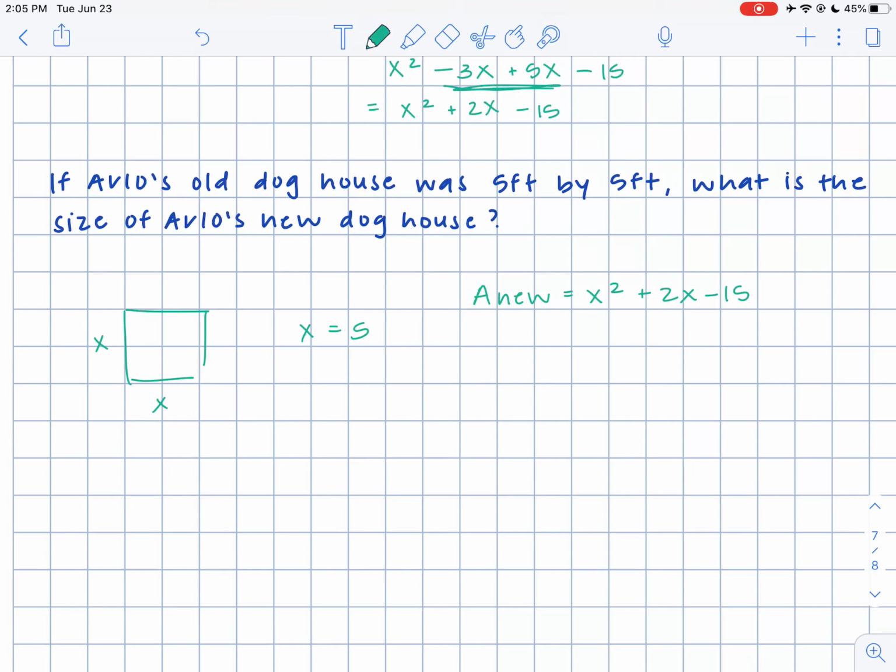Well, we know that the old doghouse had a length and width of 5, so now we can plug it in. So we plug in 5 for x, so 5 squared plus 2 times 5 minus 15. 5 squared is 25, 2 times 5 is 10, minus 15. And that would give us the area of the new doghouse. And that is how we would apply multiplying binomials in a real world